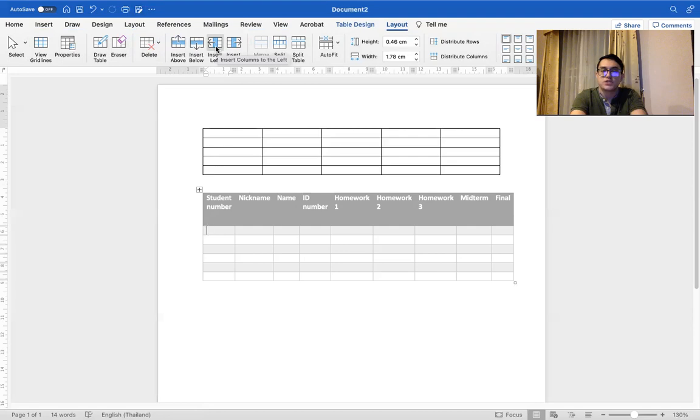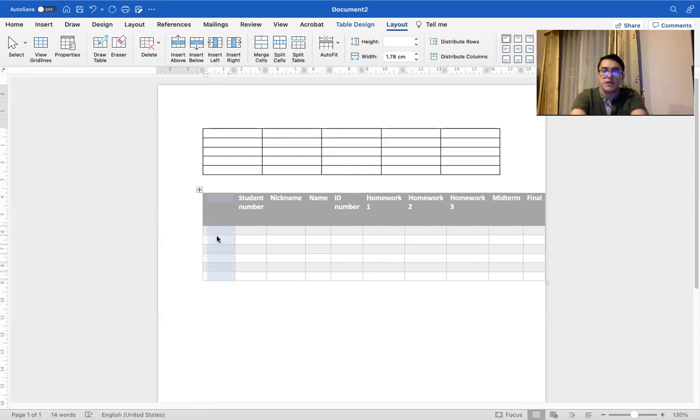We click Insert Left here. You see on the top, Insert Left. We click it and we get one more column. That's no problem. So we just write down number and 1, 2, 3, 4, and 5